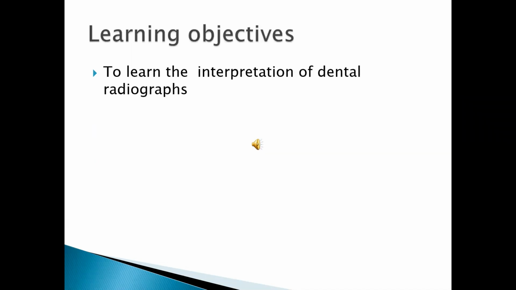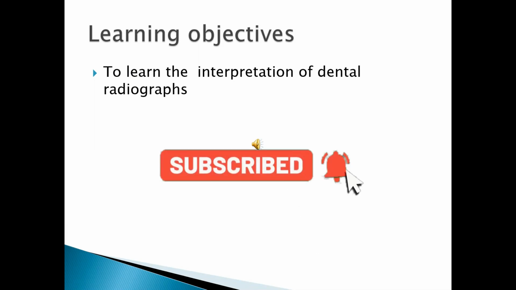So what does one expect the student to do by the end of this lecture? By the end of this lecture, the student should be able to describe the step-by-step method of interpretation of a radiograph. He can always use this method to interpret simple periapical pathologies. If he is able to differentiate complex and rare periapical or jaw pathologies, it would be an additional achievement. So basically, we expect the student to be able to interpret simple periapical pathologies.